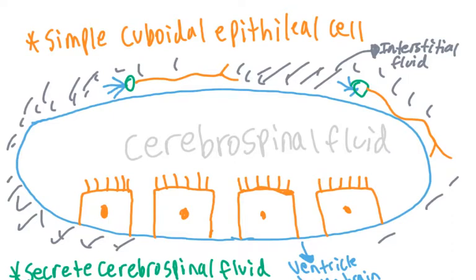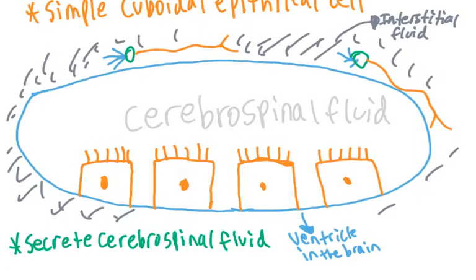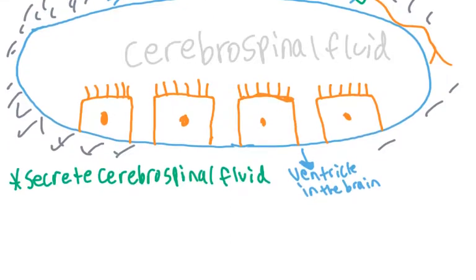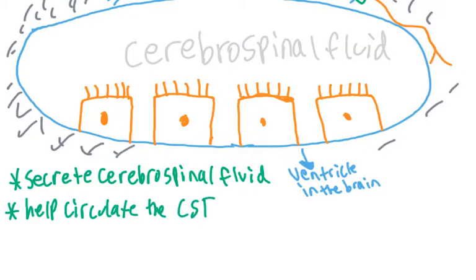So these cilia that you see here act as pretty much movers, right? They move the cerebrospinal fluid around inside these ventricles. Okay, so let's write these down. They circulate the cerebrospinal fluid around, right? So the ependymal cells help circulate the